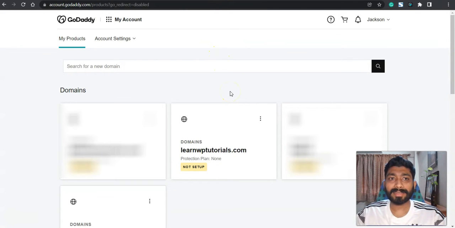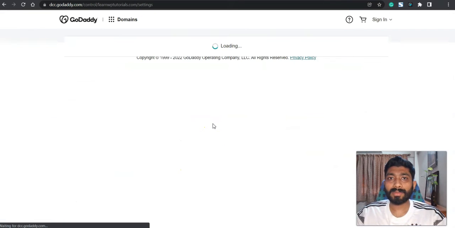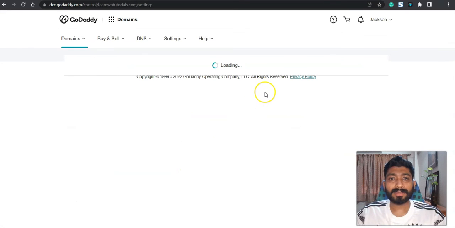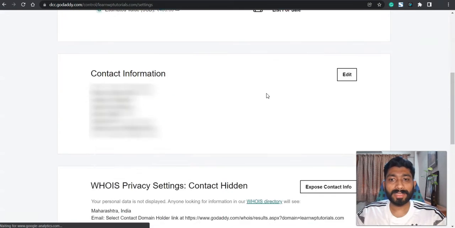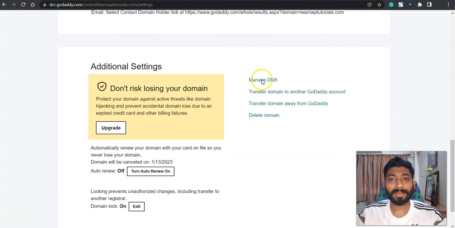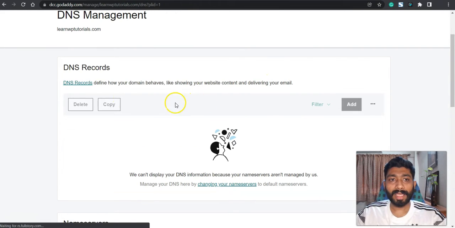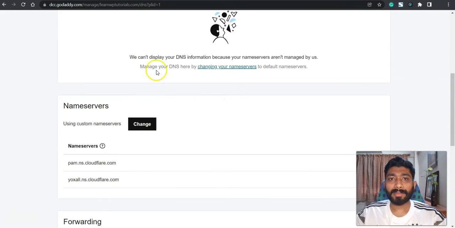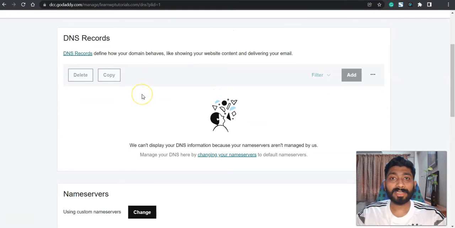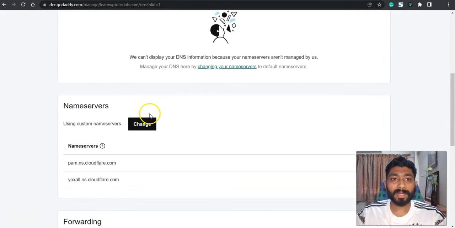Let's take GoDaddy as an example. Let's say you have your domain with GoDaddy. What you have to do is log into your GoDaddy account, go to learnwptutorials.com, click on it, and if you scroll down a bit, you will see an option called Manage DNS. Click on Manage DNS, and over here you can update the A records if you are managing your DNS through your domain provider. Since I'm managing my DNS through Cloudflare, you can see here I have updated the Cloudflare